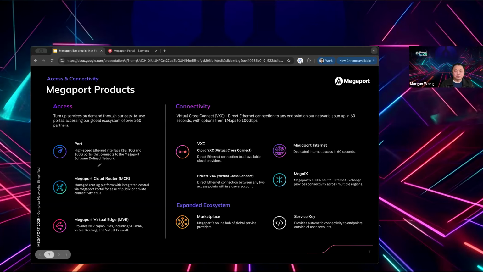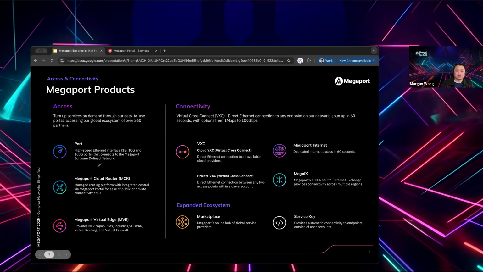With customers introducing more multi-cloud or pure cloud strategies, not necessarily all customers have a data center now, but they still need to connect into different SaaS providers or cloud providers. So there are two other flavors of access service now available. One is Megaport Cloud Router, and the other is Megaport Virtual Edge. Essentially, that's a virtualized application hosted on the Megaport platform. If you don't have a data center, you can leverage Megaport Cloud Router or Megaport Virtual Edge to interconnect your public cloud tenancies, or interconnect your public cloud with your partner, provider, or third party.